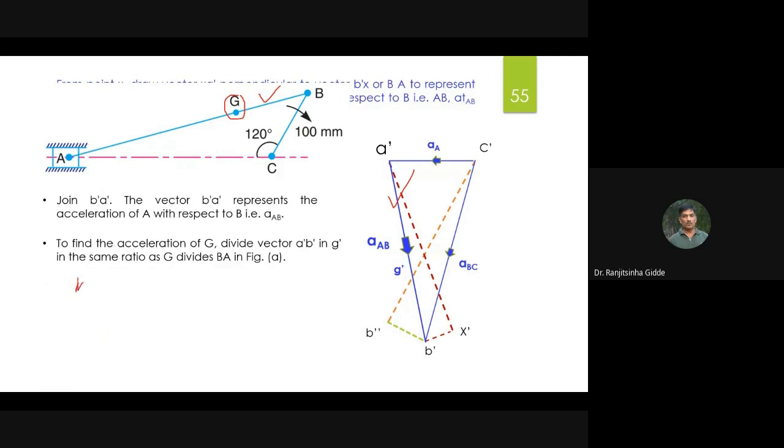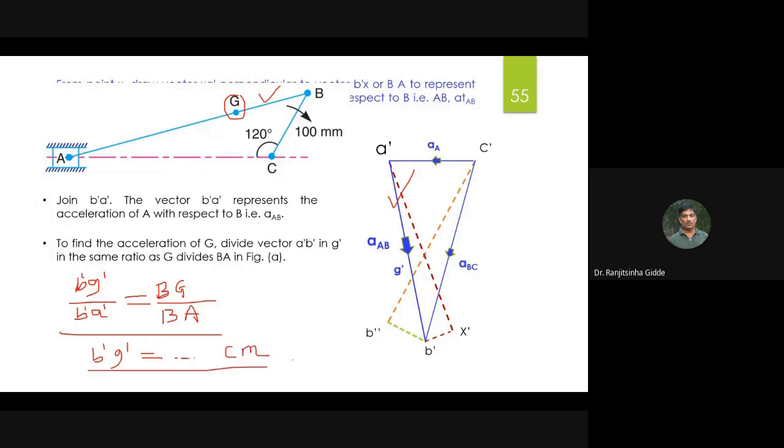So you can write here B G upon B A is equal to, find out this